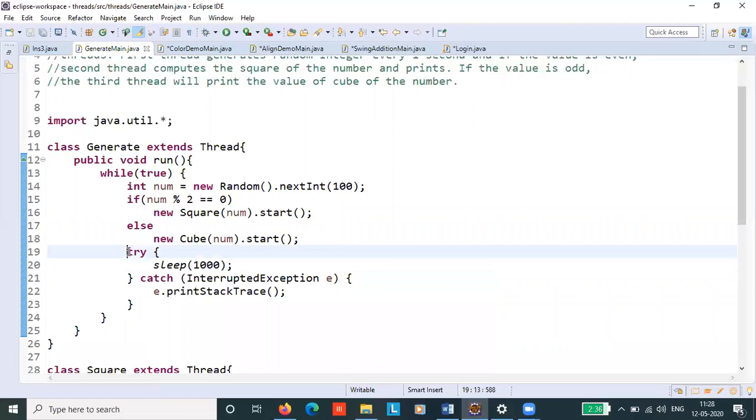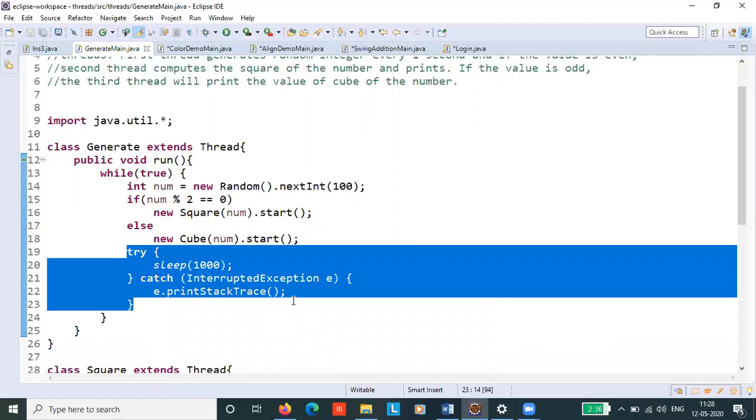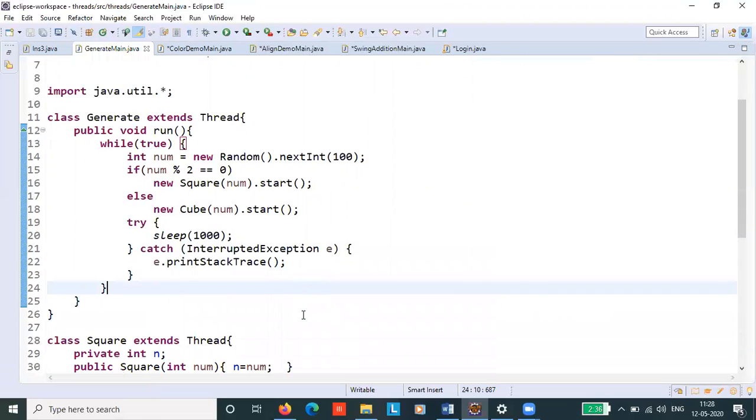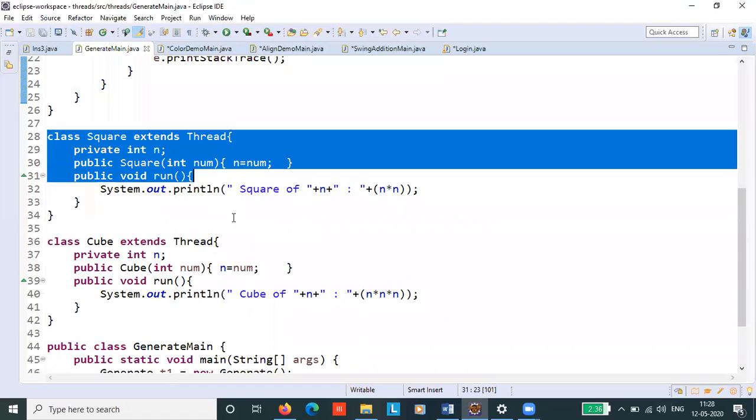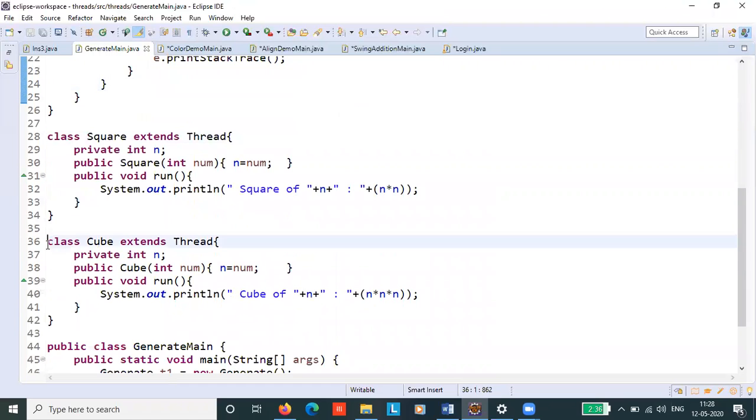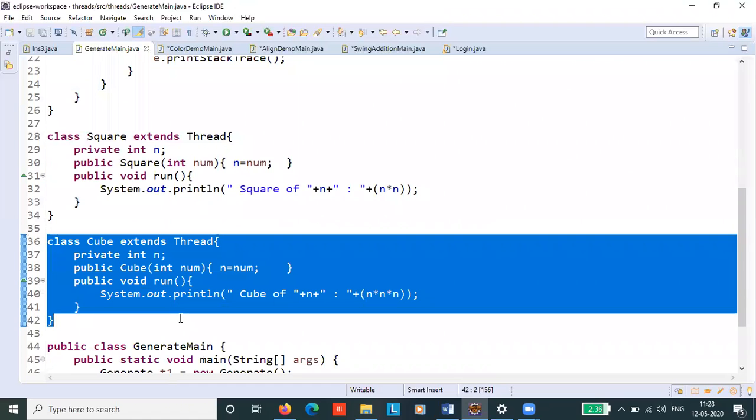Then we use a try-catch block in case there is any problem with the sleep method or during the execution of the thread. These two threads have simple jobs, just to calculate the square here and the cube here. There is nothing complex here.